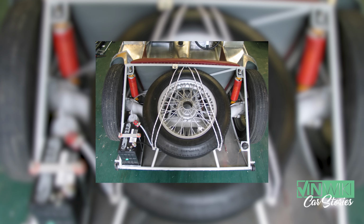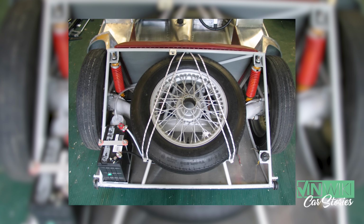And I was just on cloud nine to bring this thing together, do the art, and overcome and learn techniques. And it was a great car. I even had the old spare wire wheel in it with the bungee cords to hold it down, like everything. It was so cool. I would test it in the countryside, just sailing along,